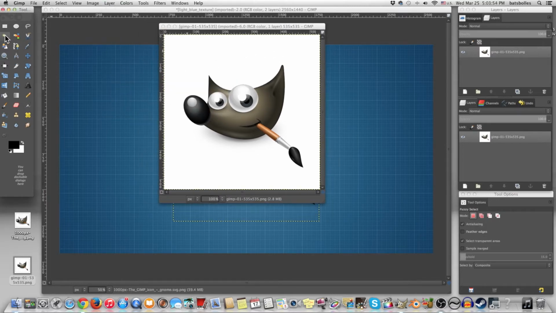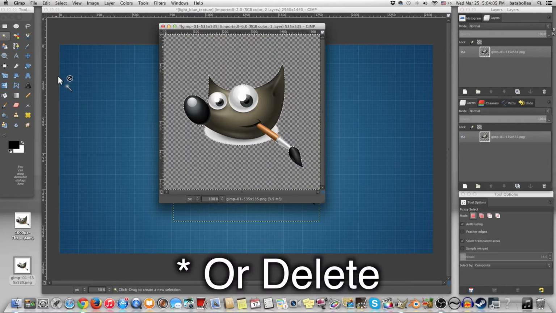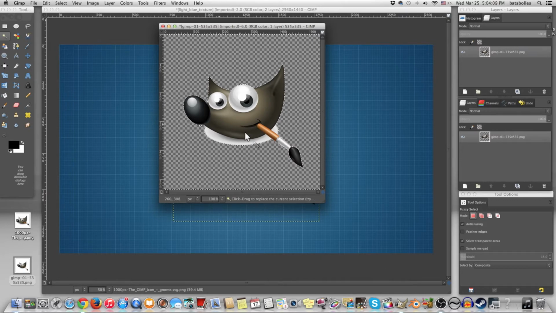You click the magic wand, this fuzzy select tool, and just click the color that you want to erase, and then go to Edit, Clear, or Backspace on your keyboard, and that will just magically erase all of that solid color. Now, if you have a background that's not a solid color, it's just like a normal image or something,